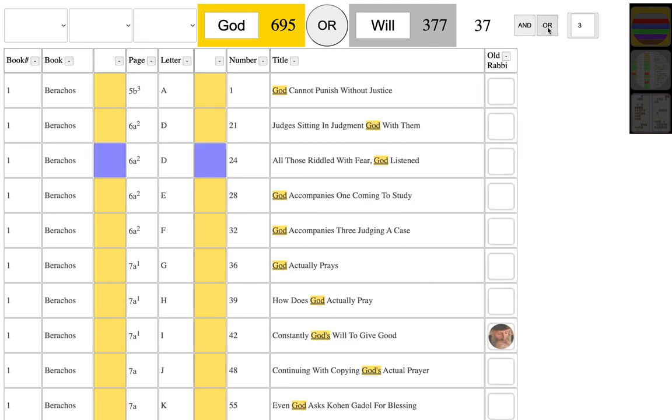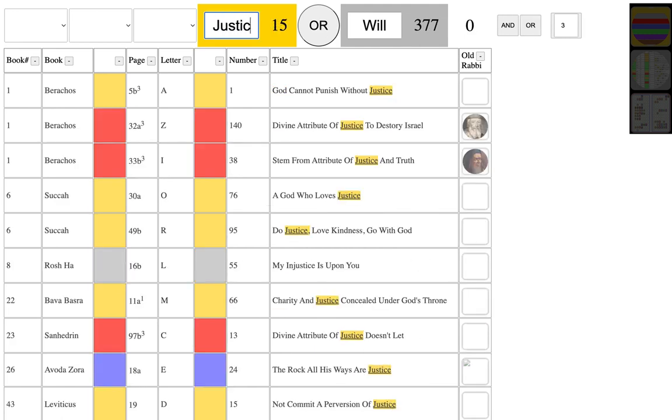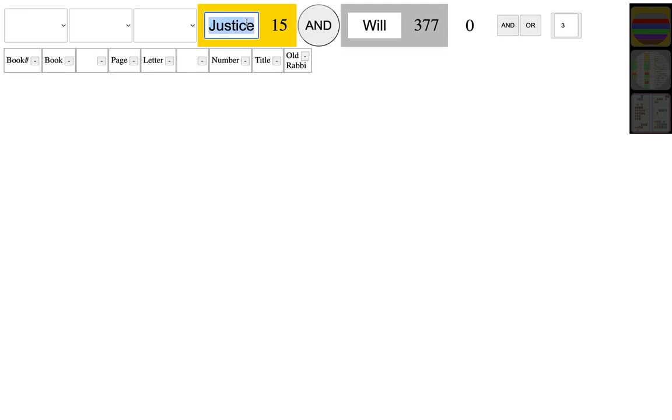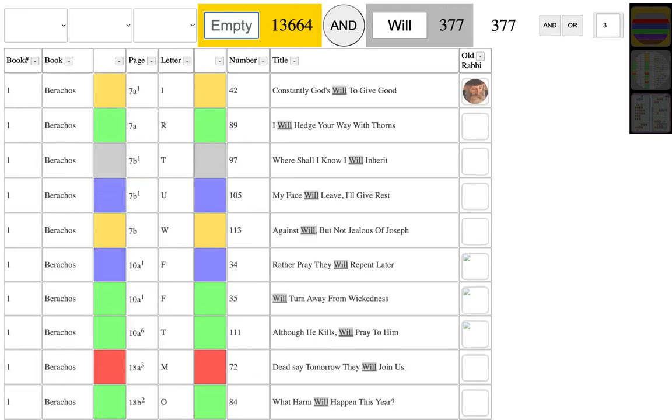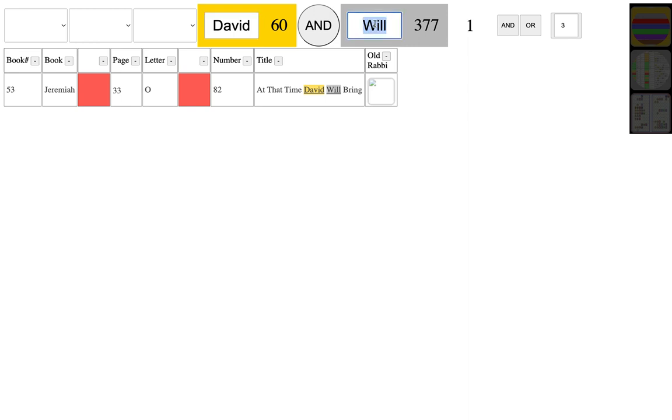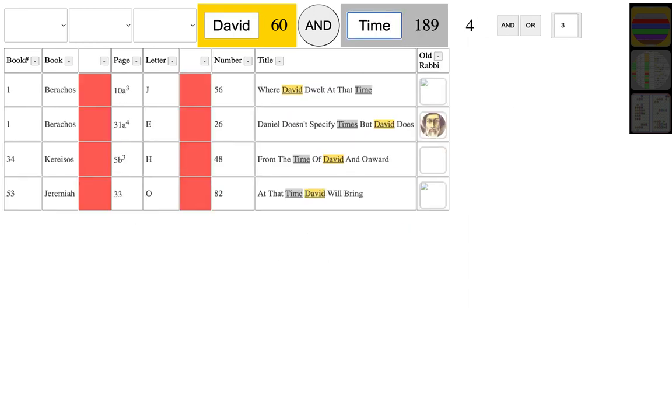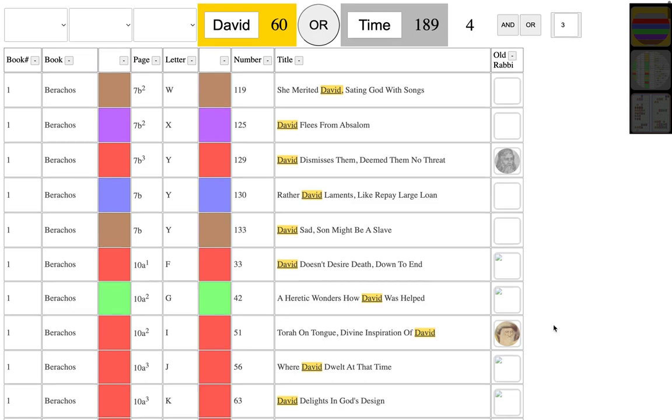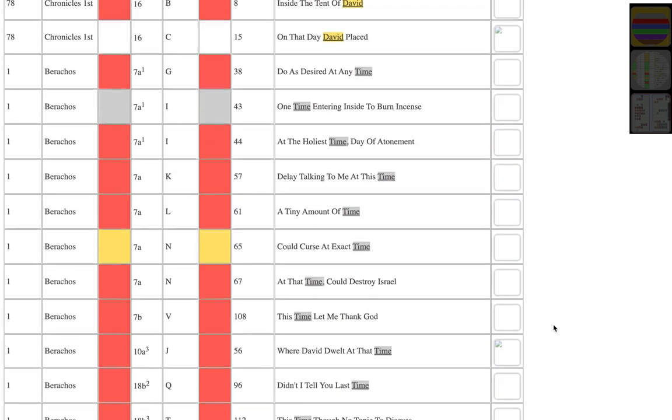So you could do God and will, or let's say will and, I don't know, justice. Does the word justice appear in the line or phrase? Does the word will appear? You could do and or. So let's say you did David and time. Okay, so there's David and time. Those are the lines that appear. Or David or time. So then you'd see a bunch of Davids, and then after David you see